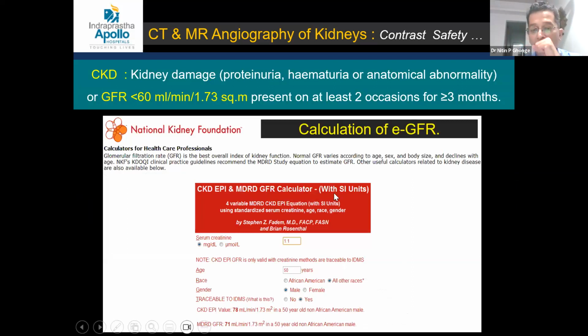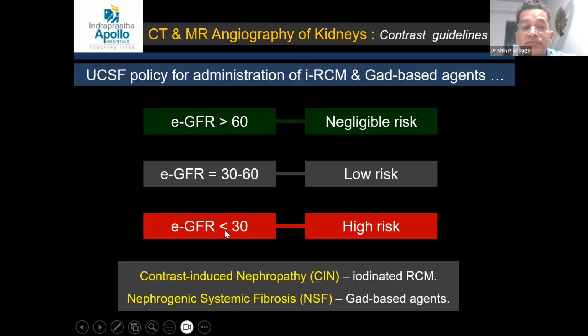So as I told you, calculation of EGFR is very important, based on international guidelines of nephrology societies and radiology societies. Calculation of EGFR is the basis on which you decide whether contrast is safe or not, and which type of contrast should be given. So only on the basis of serum creatinine we cannot do it. It is a standard practice now to use EGFR with several online calculators, which help in calculation of EGFR. And accordingly, if EGFR is more than 60, then there is a negligible risk of